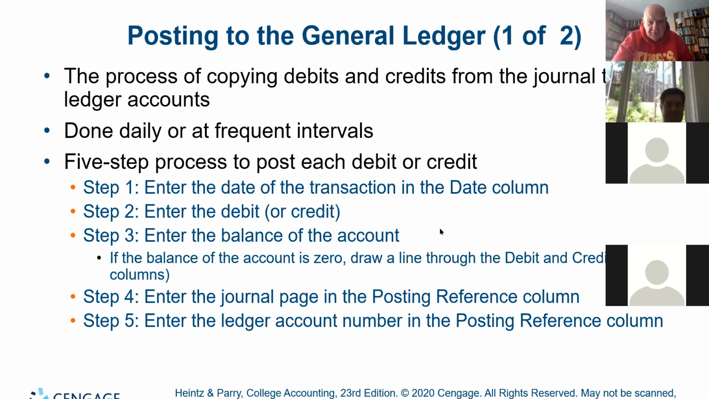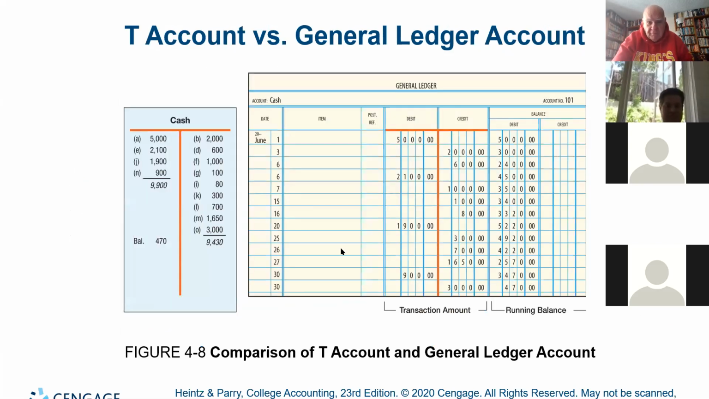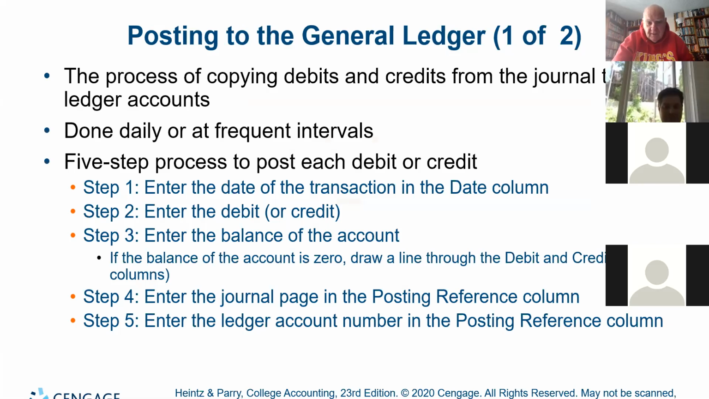Five-step approach to post. Enter the date of the transaction in the date column. Well, they're telling us how to write our journal entry here. Enter the balance. There we go. Enter the journal page in the posting reference. Remember the posting reference column we were talking about? This could be J-20, meaning these are the journal entries that were posted on January 20th. It could be something as simple as that. Enter the journal page in the posting reference column, enter the ledger account,